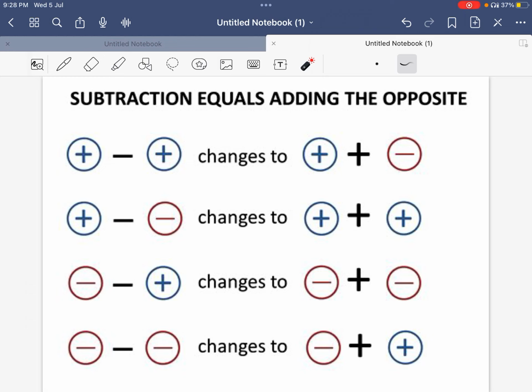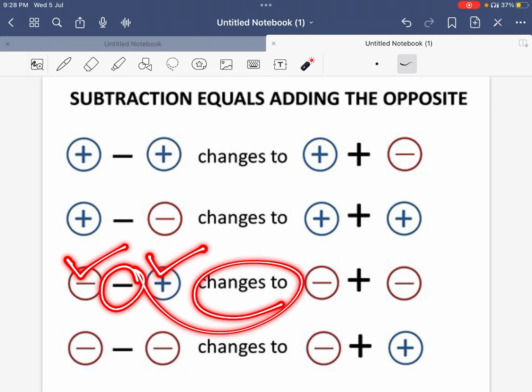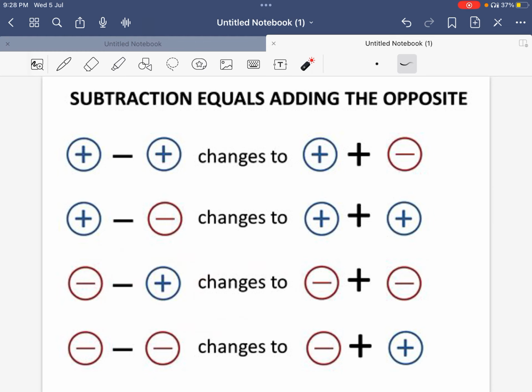Next, move to the third case. If the first number is negative, the second number is positive, and we are subtracting these two numbers, the sign change takes place. Okay, so what will happen? This minus is multiplied with this plus, so it becomes minus, and so we have to write a plus